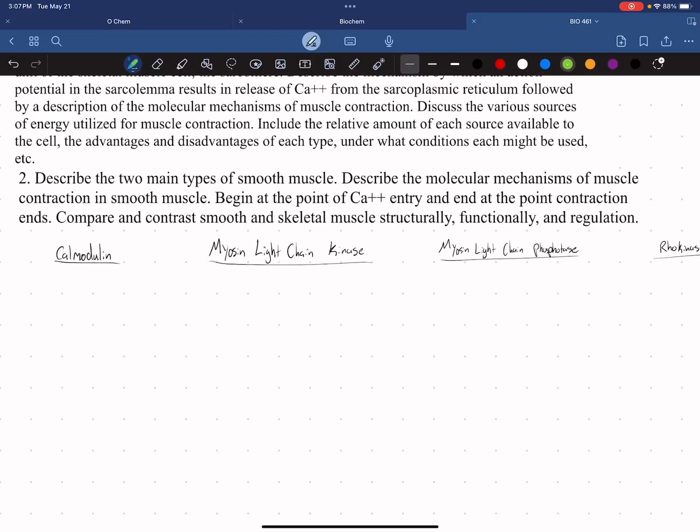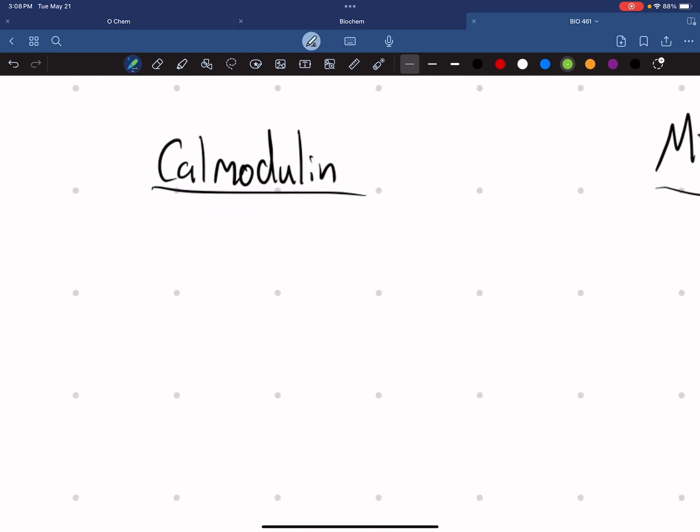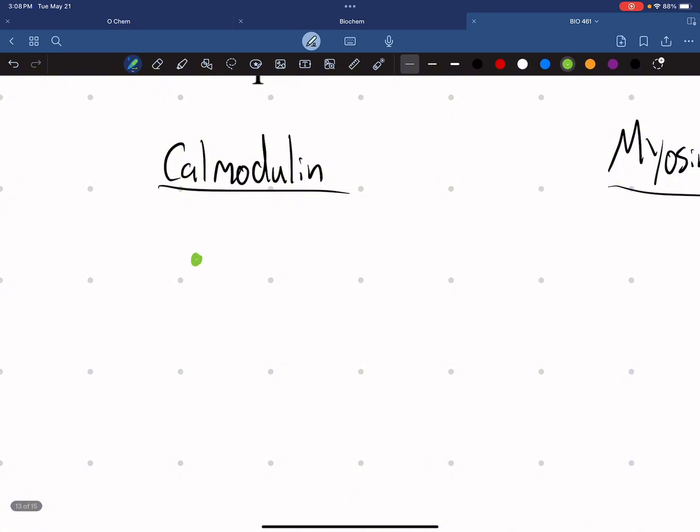Okay, so for question number 2, it asks you to describe the two main types of smooth muscle and the molecular mechanisms of muscle contraction. First I'm going to start out with the major players of muscle contraction in smooth muscle. We'll start with calmodulin. I'll do this little drawing here. What happens with calmodulin is that when calcium increases intracellularly,